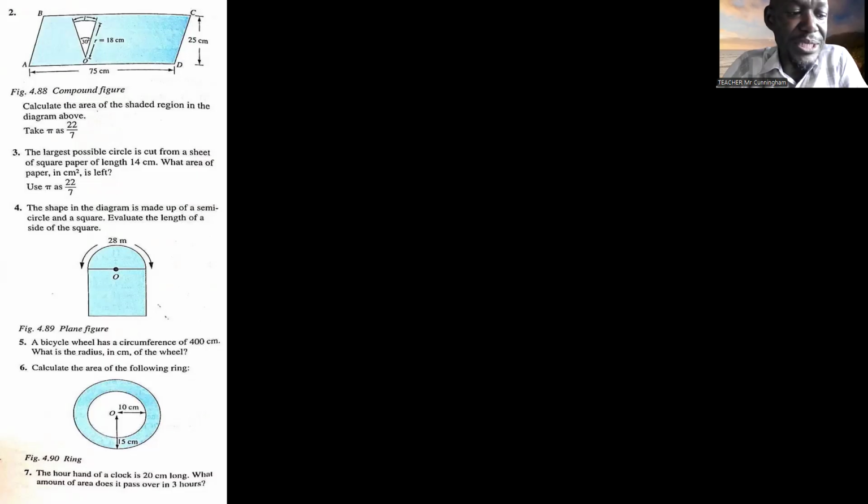So the only thing that you're not doing is, you see that area of the sector. So you have to find the area of the rectangle, and minus the area of the